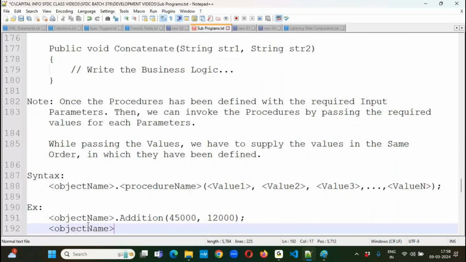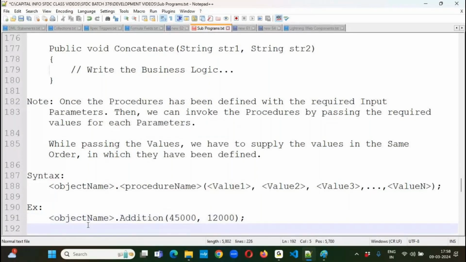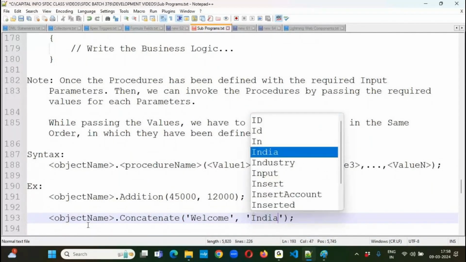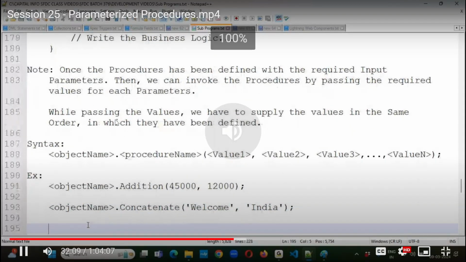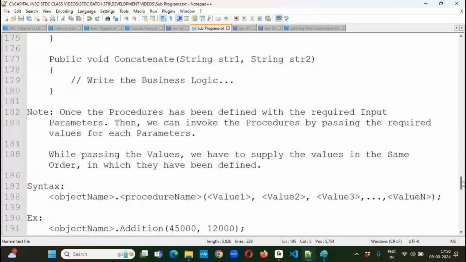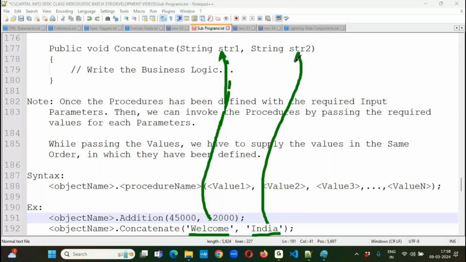Object name dot procedure name, that means concatenate. Here both will be of type string. We need to pass two string values. First one welcome, second one India. String values we need to pass by enclosing with single quotes. Whatever values we have supplied, for example welcome India, the welcome value will be passed to str1, and India will be passed to str2. That means whatever order we have defined the parameters, in the same order we need to pass the values. If you change the order, the syntax will be wrong. Okay, now